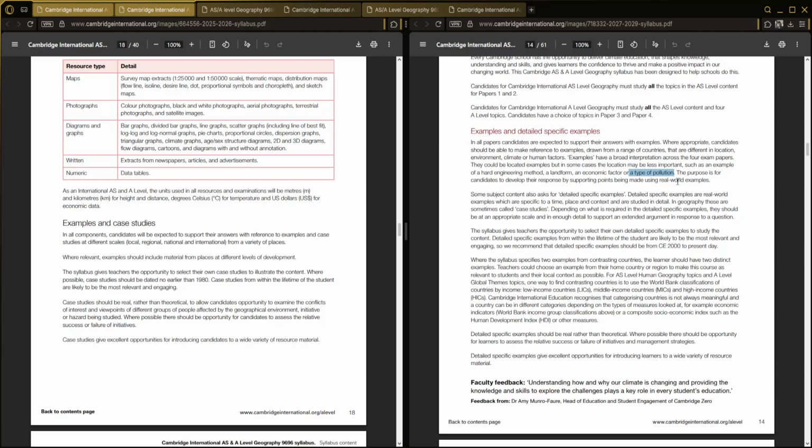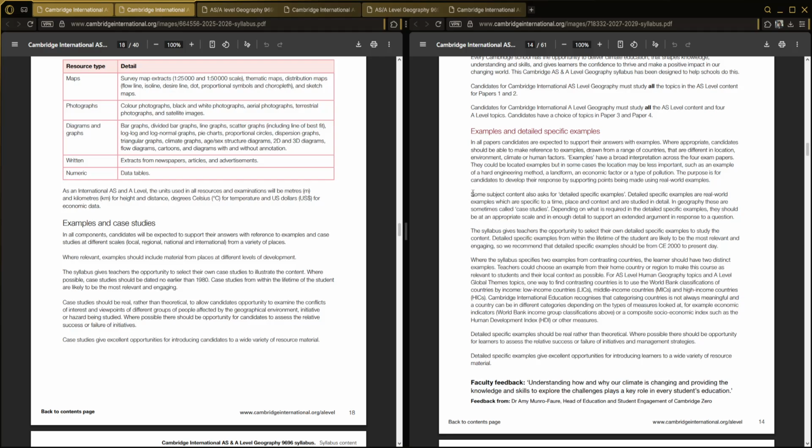But to be honest, I kind of disagree with this, because if you do use real world examples, I think it's going to be more developed essentially. So it's not a lot that you have to memorize. It's like attaching one topic to a real life example. So for air pollution, just think about the Southeast Asian haze. For water pollution, think about the BP Deepwater Horizon oil spill. Just name drop these things and it will really elevate your answers. So it does give a nod to the idea that you don't have to force in a location if you don't have one. But in my opinion, it's really good to just have one in your head.